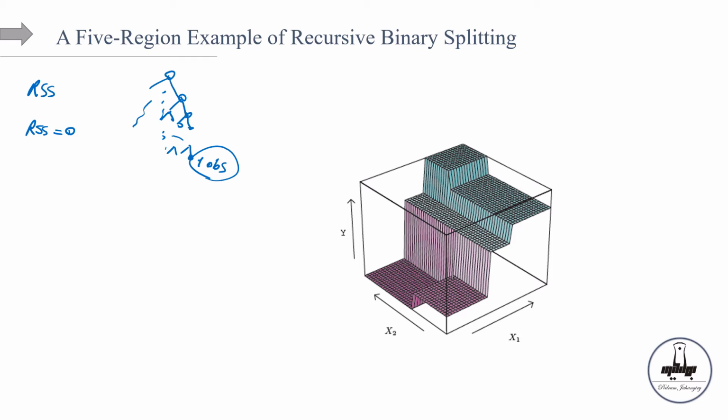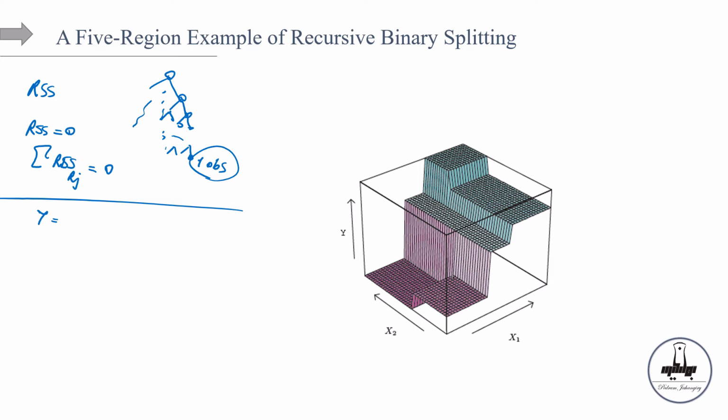Because there's no error. So if we sum over all these RSS over the regions, over all the terminal nodes, so what do we get? 0. So as you can see, if we do not put any stopping criteria, this RSS can be exactly equal to 0. However, if we compare this one with a linear regression model, let's say a very basic model, here